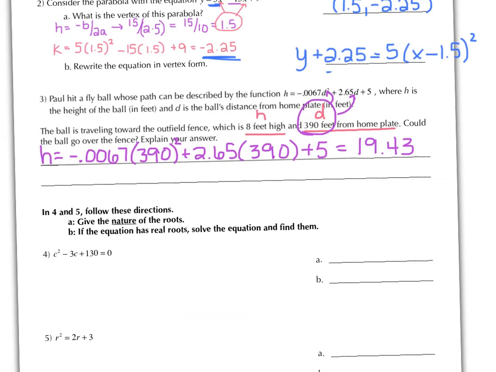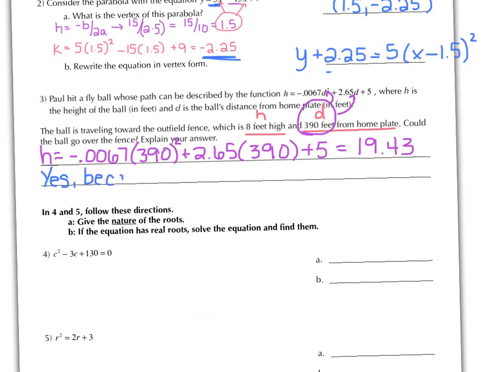And so here's what that means. Here's how you can interpret that. If 390 is my D, when the ball is 390 feet away from home plate along the ground, like if I'm measuring horizontally along the ground, when it's 390 feet away from home plate, it's going to be 19 feet in the air. Okay? So when I reach that 390 feet, that's where my fence is. So when I'm at that 390 feet, that's when I'm standing at my fence. If I'm still 19 feet in the air, that is going to be high enough to clear an 8-foot fence. So I would say, yes, it will go over the fence